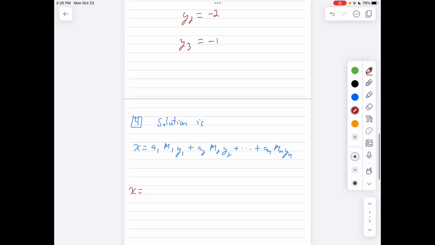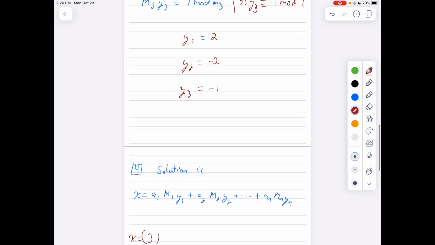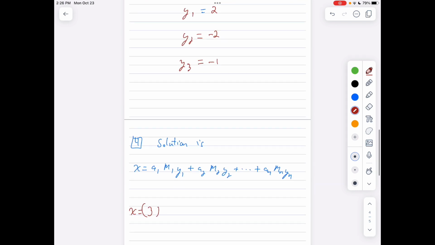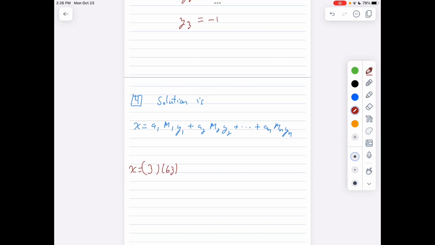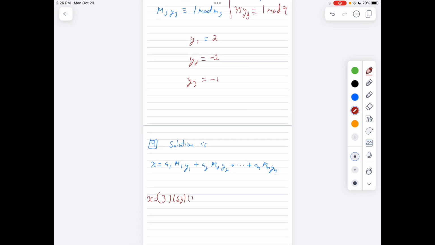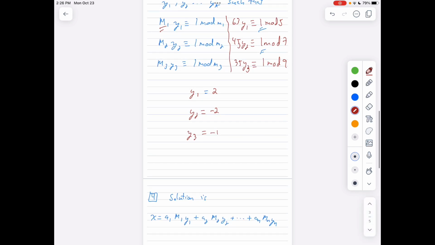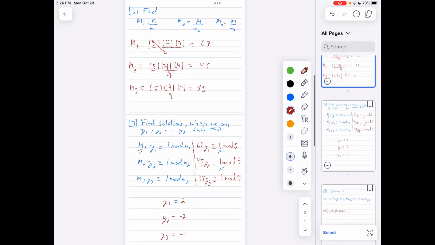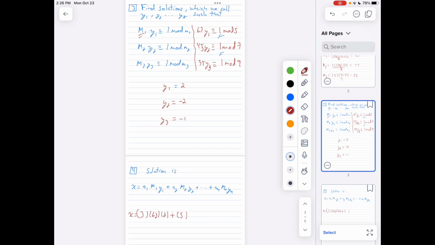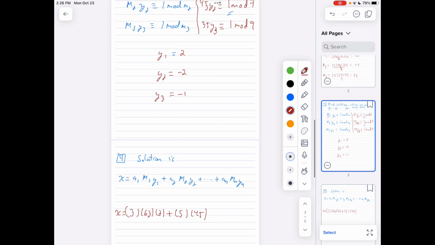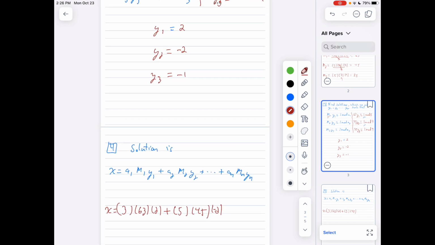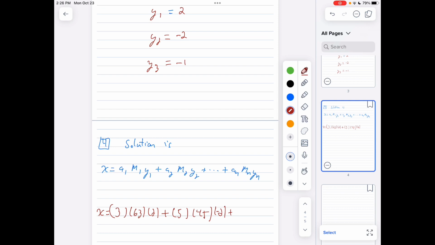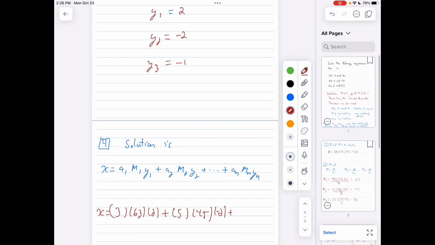So you're going to have 3 times m1, which was 63, times y1, which is 2, plus a2, which is 5, times m2, which is 45, times y2 which is negative 2, plus